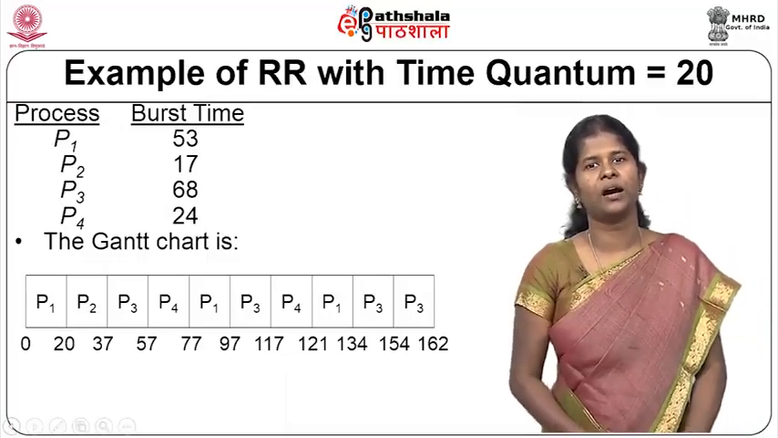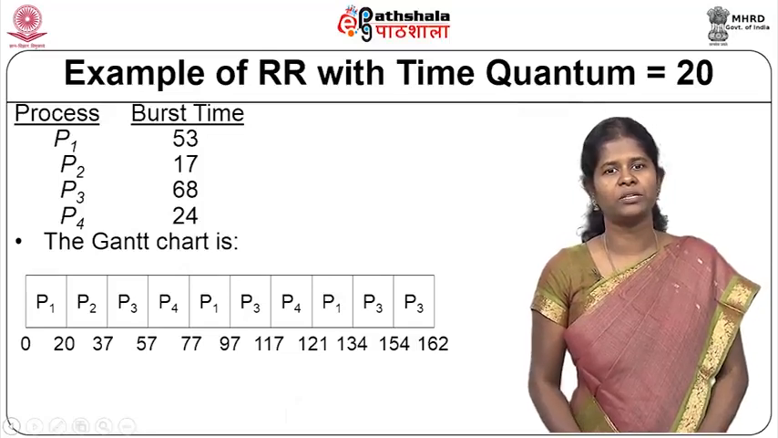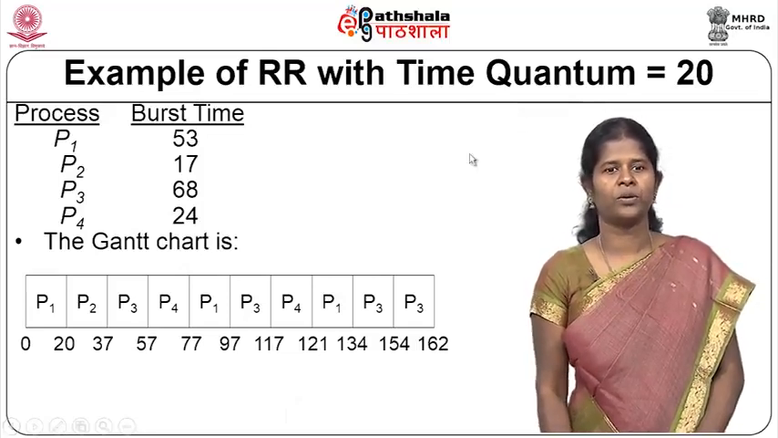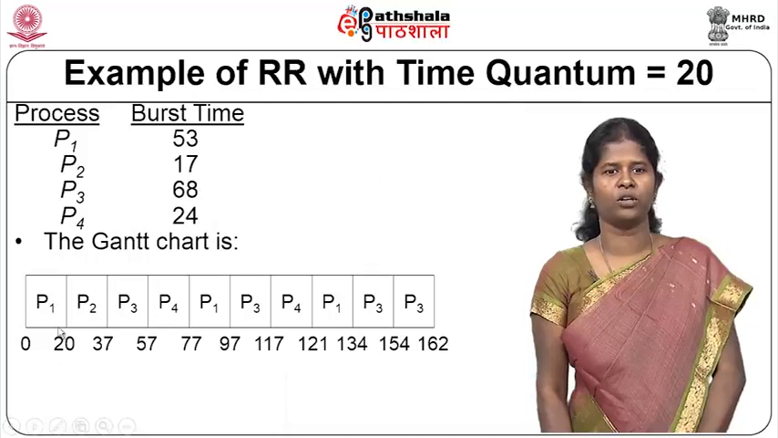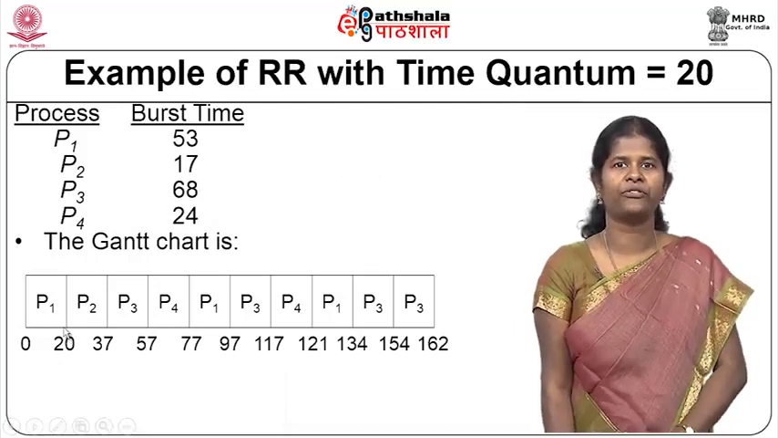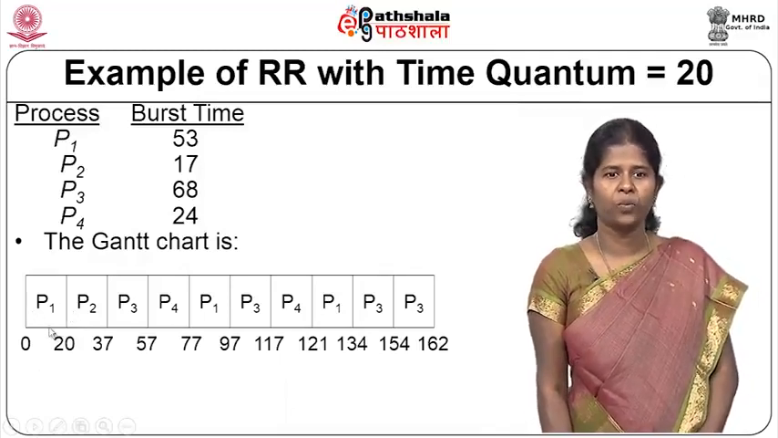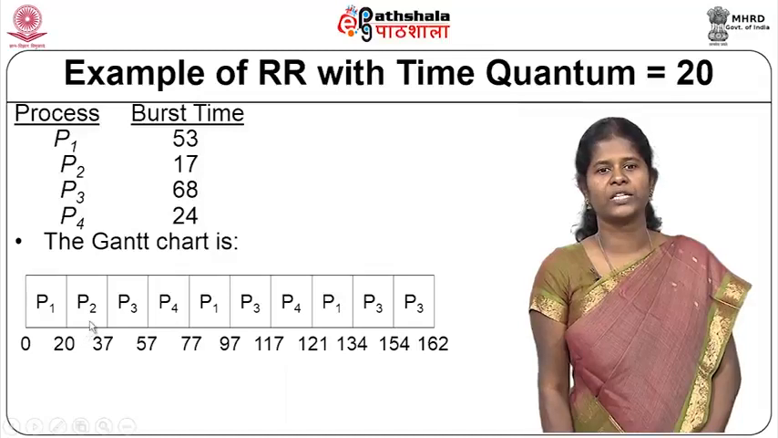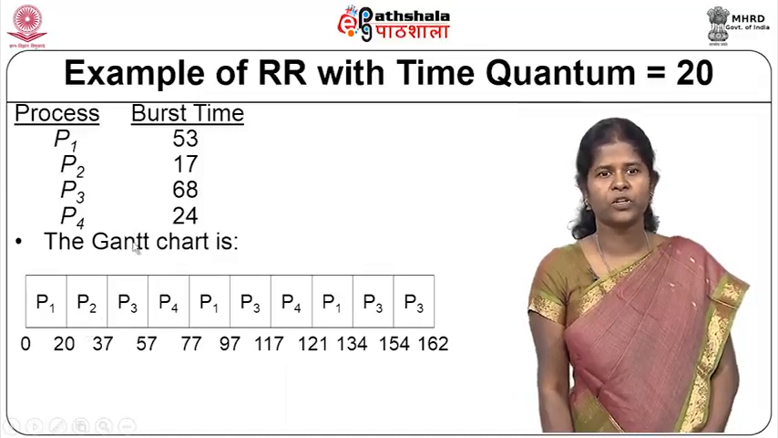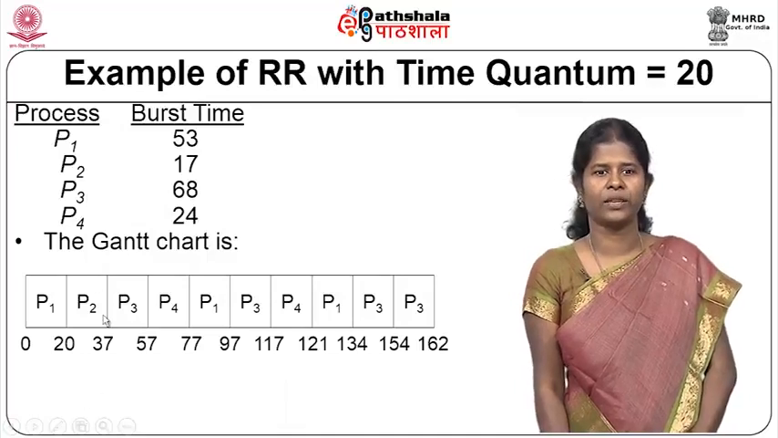P1's burst time is 53 milliseconds, but the time quantum is only 20 milliseconds. So, P1 will use the CPU for 20 milliseconds, and at t equal to 20, the timer goes off and an interrupt is given to the operating system, the context of P1 is saved and the context of the next process should be loaded. Which is the next process? The next one in the queue, that is P2. So, P2 is given the CPU